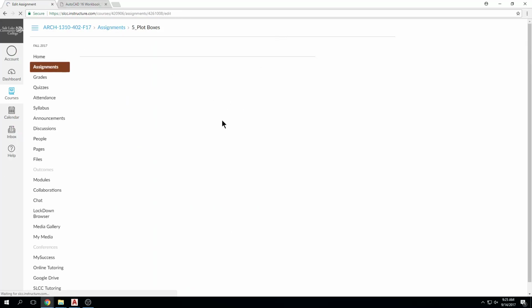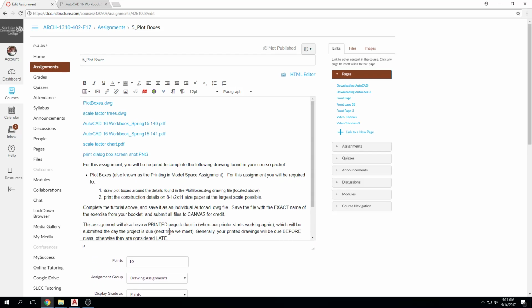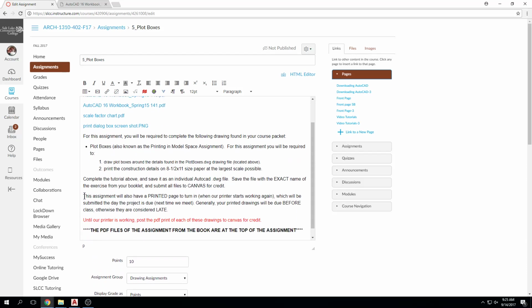Is there a PDF form? We don't have to put our name at the bottom of them, do we? Nope, you don't. They'll just be assigned to you through Canvas. So where it says this assignment, you'll still turn in your CAD files, right? With the plot regions around what you've created, and you'll turn in a PDF as the printed page. So this assignment will have a PDF page only